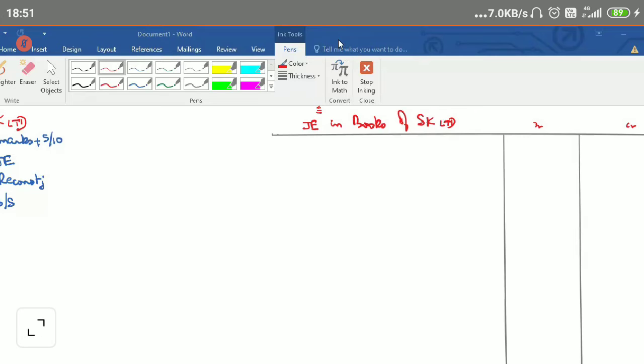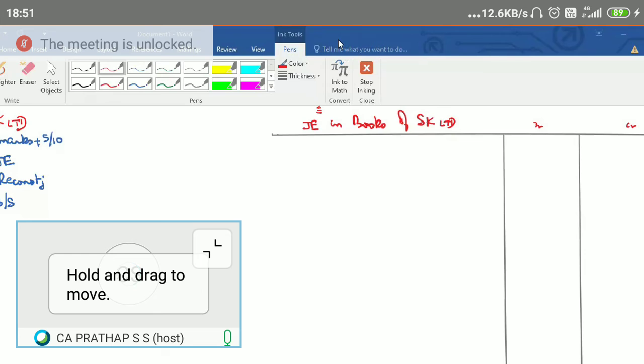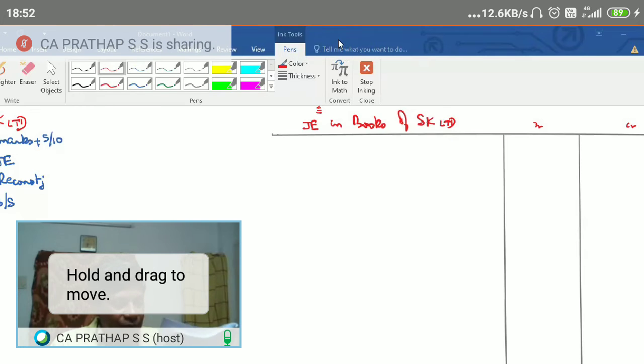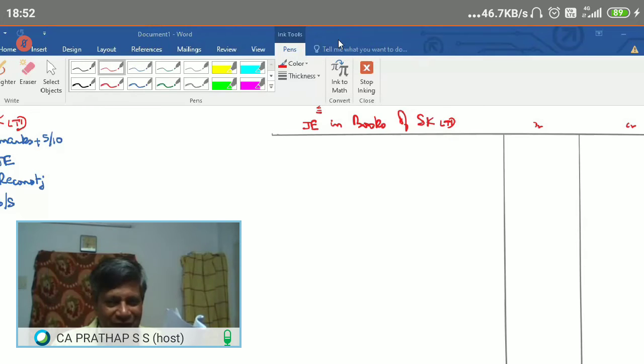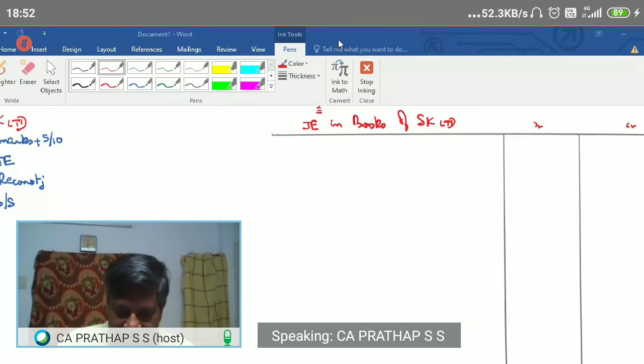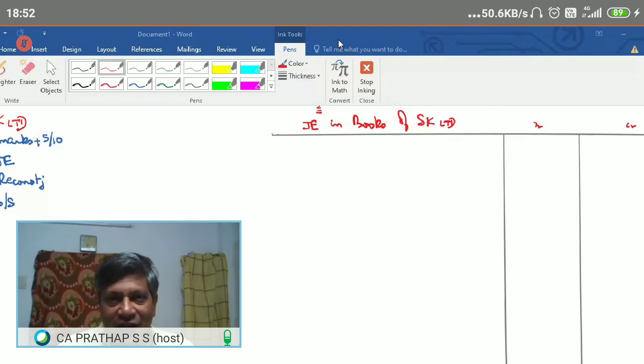Guys, can you see me, hear me? So let's start the sum. The first line was, I got the whole question here: investments are to be brought down to their market value. Investments are assets. Debit what comes in, credit what goes out. So it's a loss, we have said, of